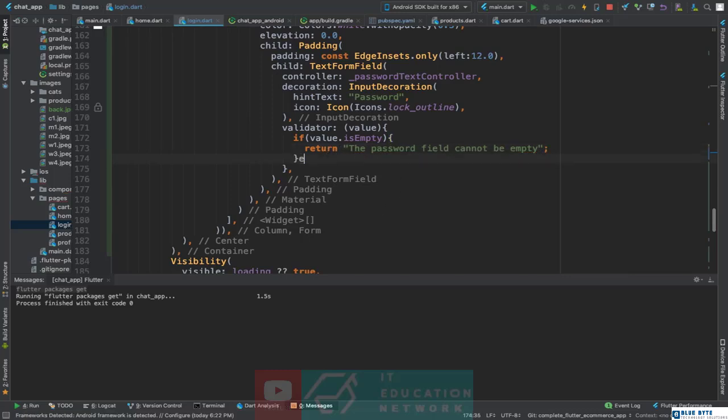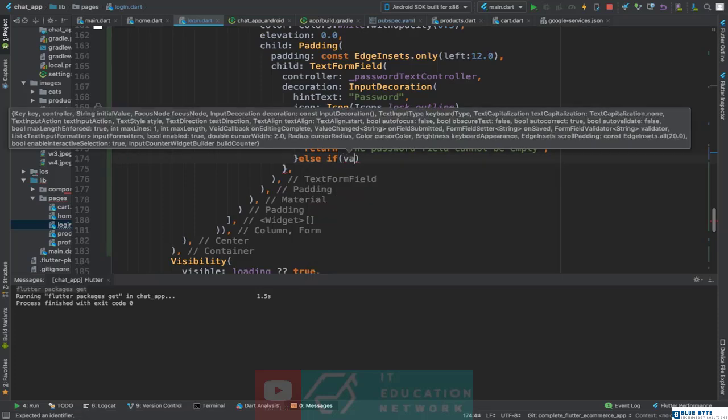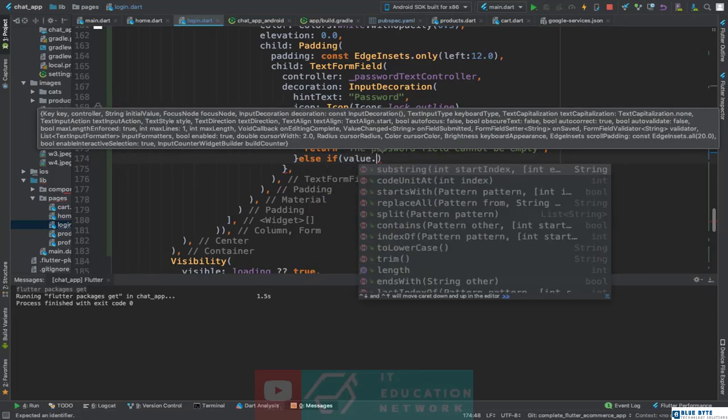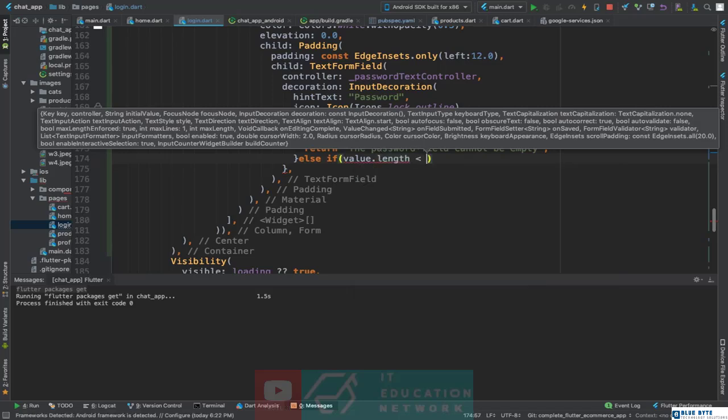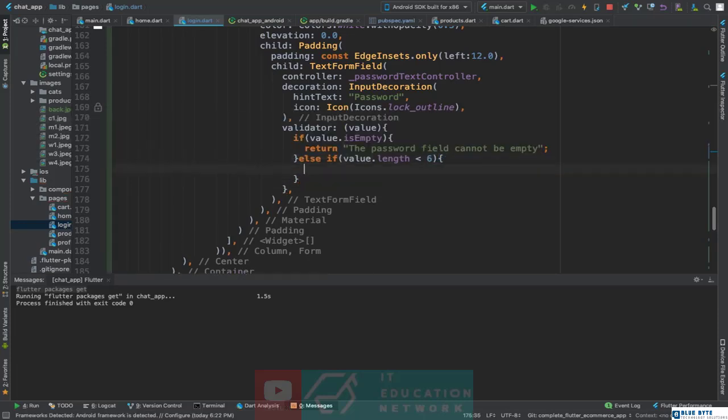And then else if, let's suppose we want the password to be at least 6 characters long. Value dot length is smaller than 6. We are going to return the password